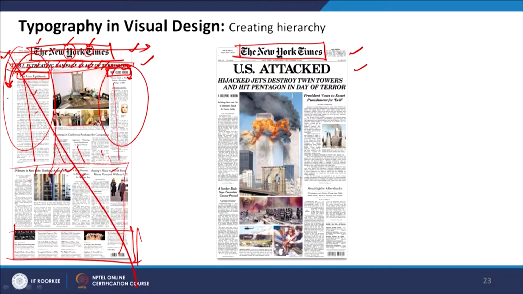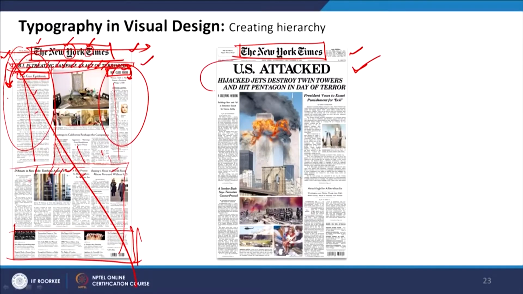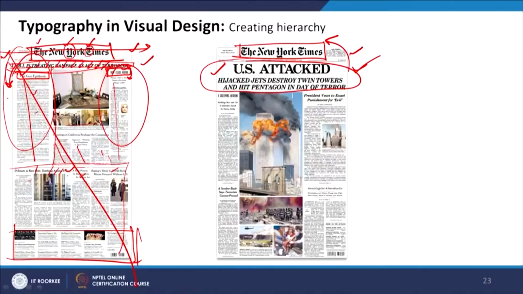So we also know which also conforms to the Gutenberg's principle. Now in this particular day, this is a really very important day for US's history, and you can see US attacked and hijacked this jet, and all this information overpowers even the name of this paper. So it does not matter which paper it is. This information is so very important for the US citizens. So they have really created this hierarchy of this news, overpowering the brand and the name of the newspaper itself,